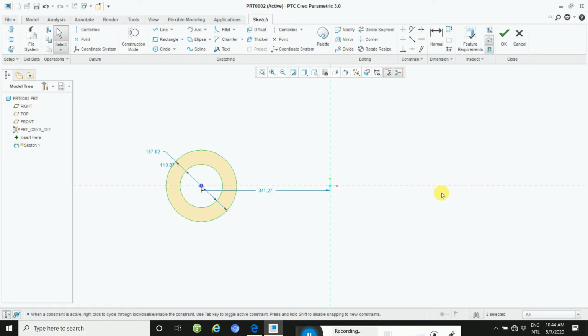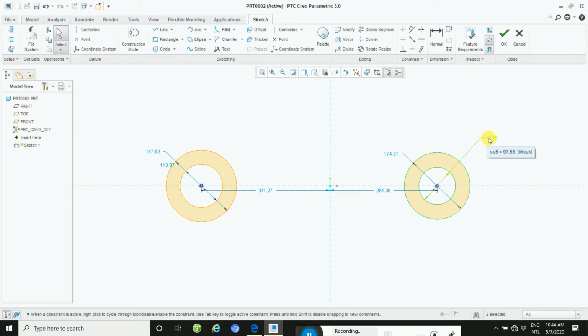If you click 2 times here, your command is activated. Then draw this. This way, first you need to define this inner circle. Starting from here, you will define them one by one.